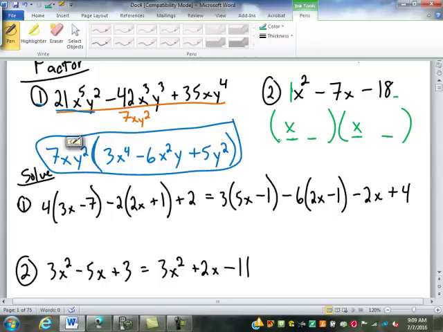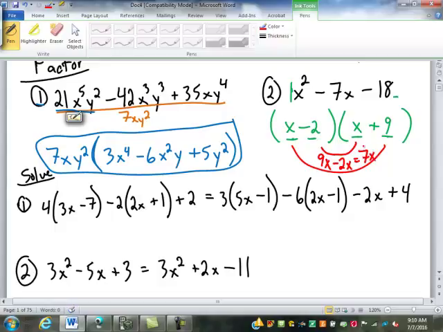Anybody get one to work out? What'd you get? Negative 2 and positive 9, okay? So let's double check that. On the outside, x times 9 is 9x. On the inside, negative 2 times x is negative 2x. That adds up to